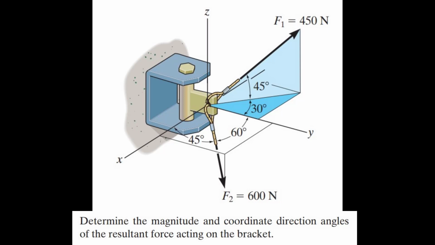So in this problem, you are asked to determine the magnitude and coordinate direction angles of the resultant force acting on the bracket. So in here you see a picture given. It's got a bracket and it's got two forces, F1 and F2, acting on this bracket, and you are to determine the resultant force. So what I want you to do now is go ahead and pause the video, and